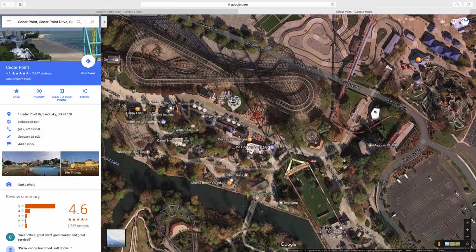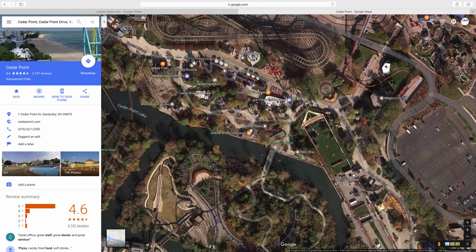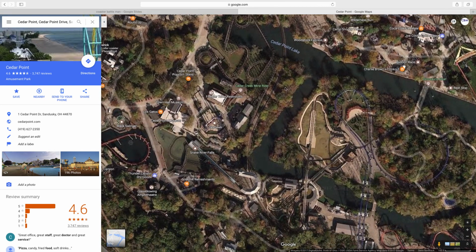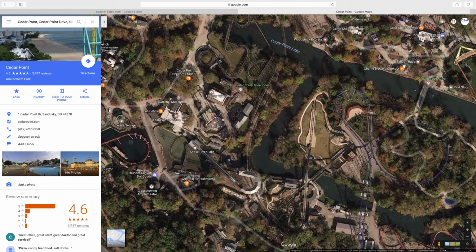And moving on to the next coaster, which is going to be the B&M flying coaster, I'm deciding that Cedar Creek Mine Ride should be removed sometime in the future, and then people have said we could have a launched B&M flyer. That would be one of the coolest things ever, and I think if Cedar Point had that, their launch coaster lineup would be even better, because they already have Top Thrill Dragster, Maverick, and Wicked Twister, which are all Intamins. It'd be nice to see more variety in manufacturers with launch coasters, and another cool B&M to the